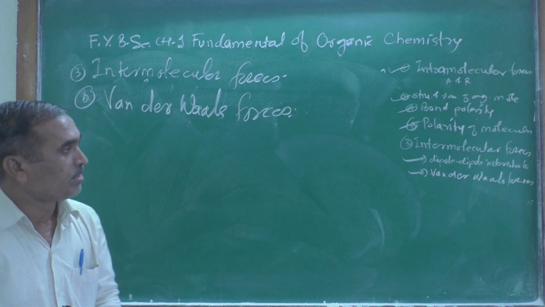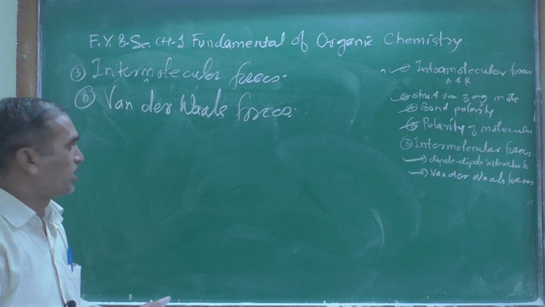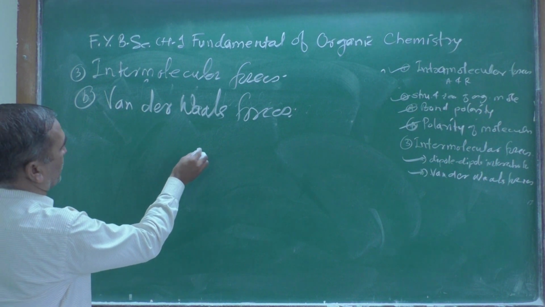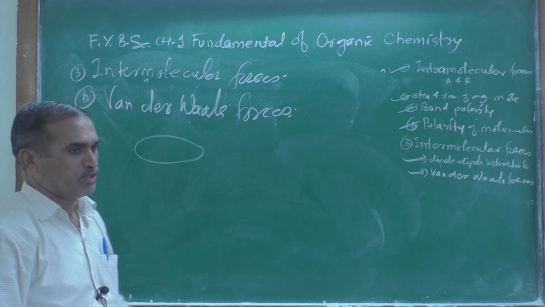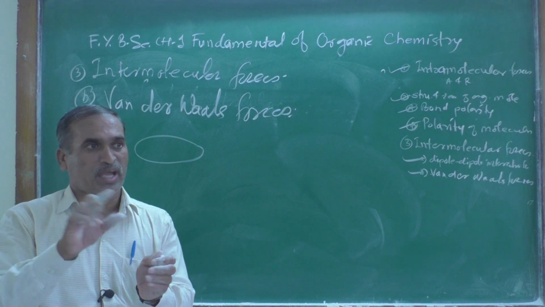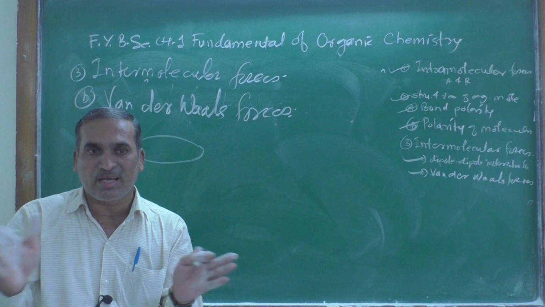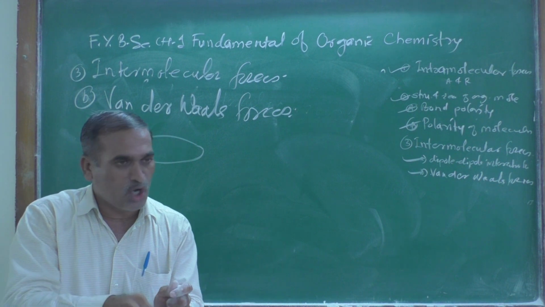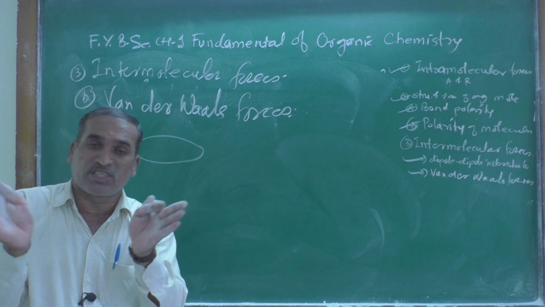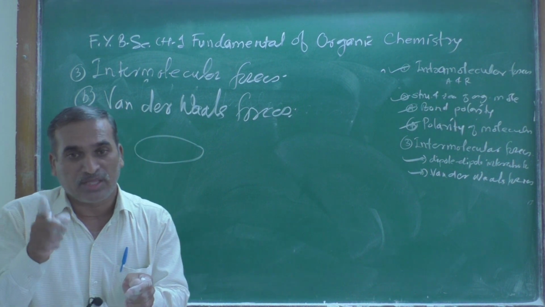For example, let us see how van der Waals forces arise. As we know, in a non-polar molecule, positive and negative charges are randomly present. When such molecules come together on a large scale,